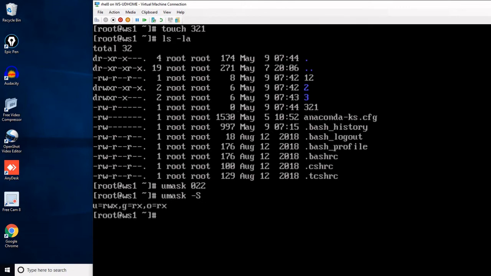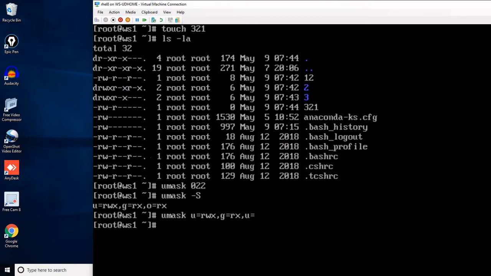As I said, you can change the umask symbolically: u equal to rwx, comma g equal to rx, comma o equal to nothing, I don't want anything.